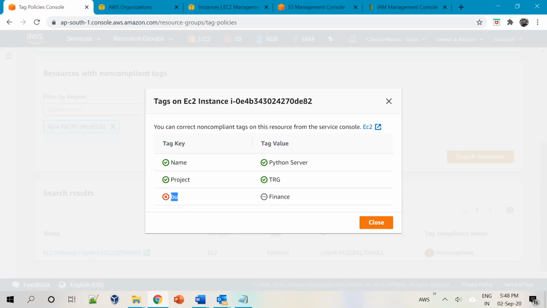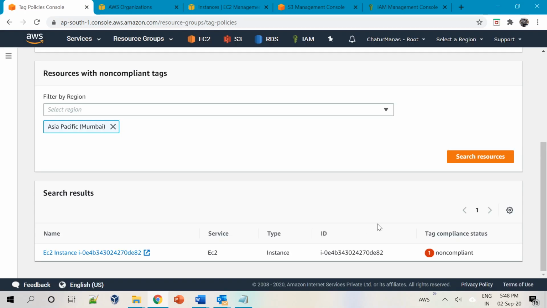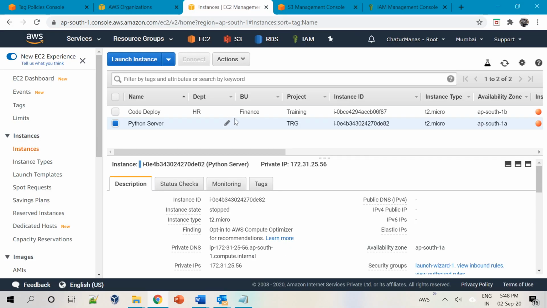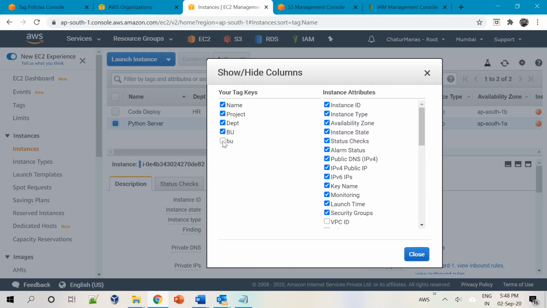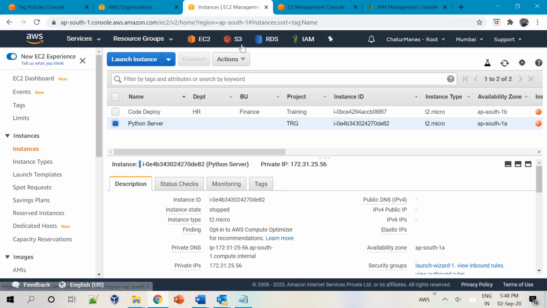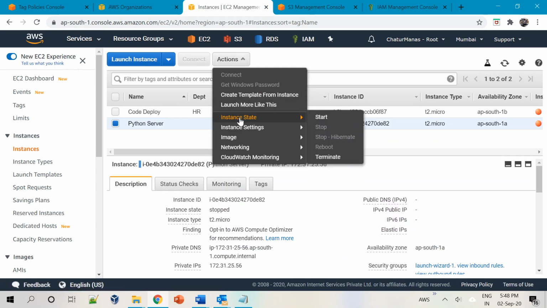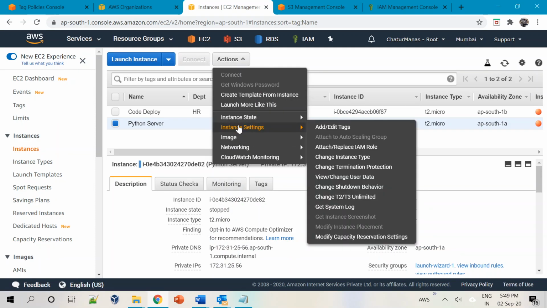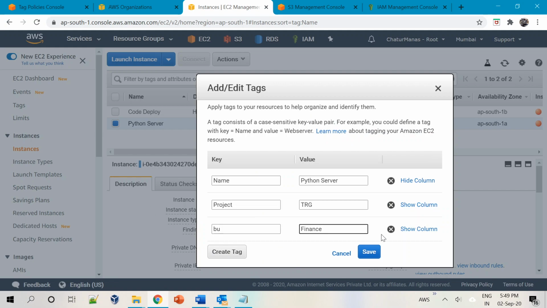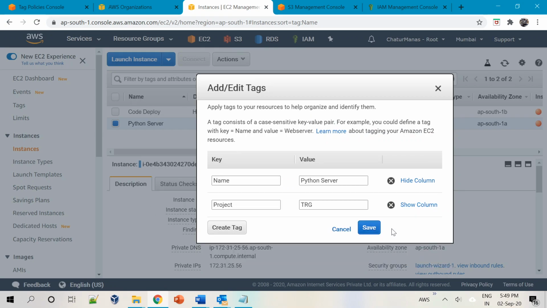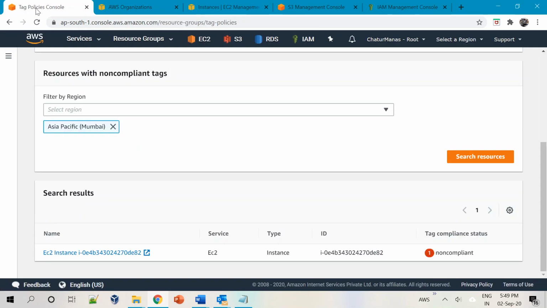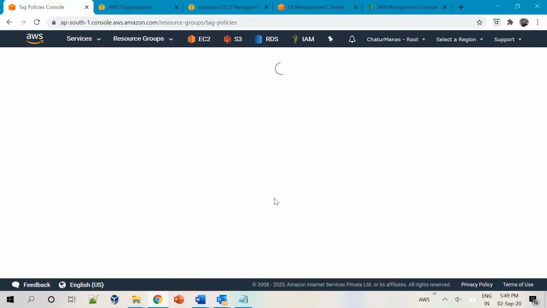You can see now this BU came, right? Let me go and check that again. See, this BU came, right? Let me go and remove this. Yeah, let's save. If I say refresh here, this should also go away.